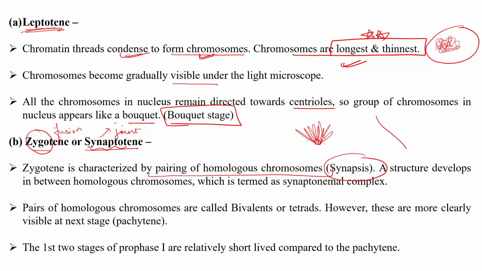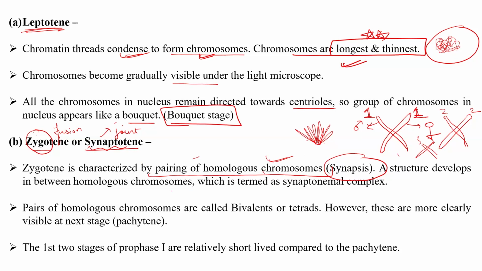So the paternal chromosome and the maternal chromosome. So we have 2 chromosomes. So chromosome 1, these are both the chromosome 1 which we have obtained on the side, right? So during this, there is a pairing of the homologous chromosomes. All the homologous chromosomes, like 1 forms a pair with 1, 2 forms a pair with 2, 3 forms a pair with 3, etc. So all the homologous chromosomes form a synapse, and it is characterized by the pairing of